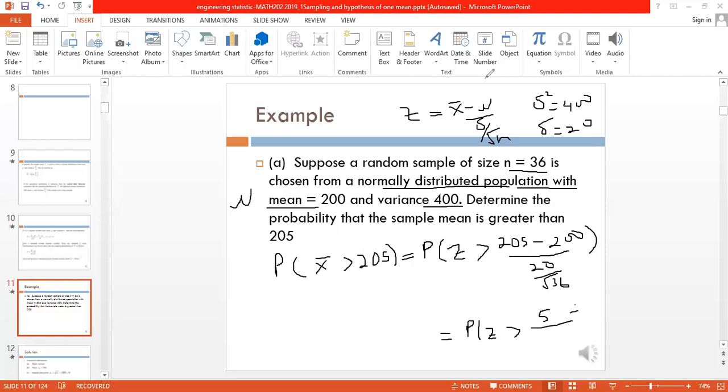Good. So this can equally be written as 5 times 6 over 20, which will be 30 over 20, right? 30 over 20 is the same as 3 over 2, which is 1.5. Okay, good. So which means that then we can write